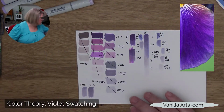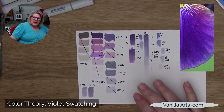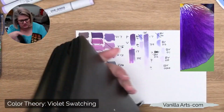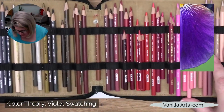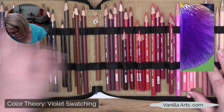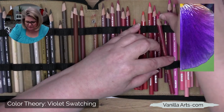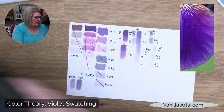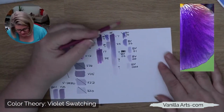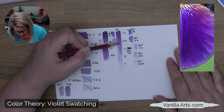Let me try though, just so you can see what I was originally envisioning. And there's no right or wrong answer. Like we can do this multiple ways. I need the pink family. Where's that processed red? The little one, because I use this color a lot, which is why I kind of knew that this would work. So if I take that processed red and I put it over the top of these guys,